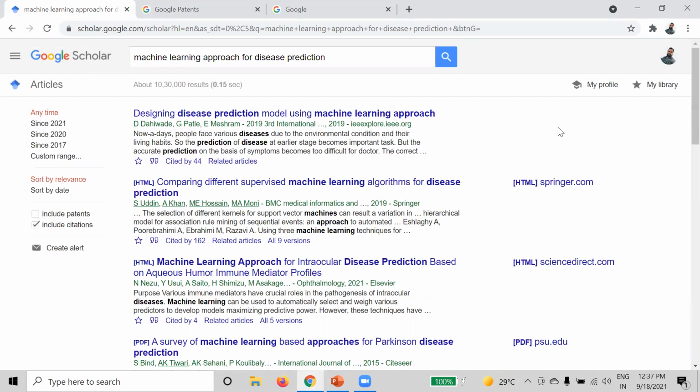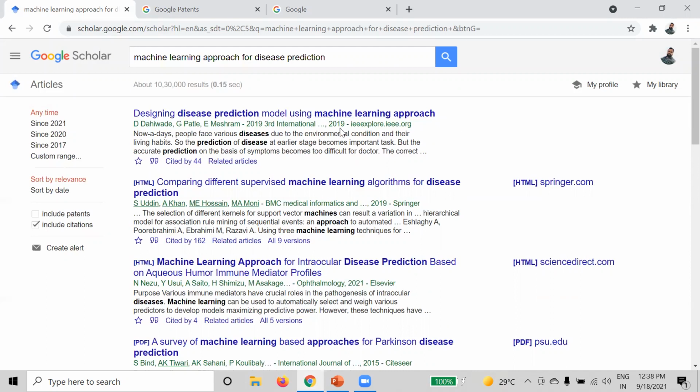We need to find the latest papers, up to a maximum of 3 years back, because if you are finding papers from 2010, 2019 or 2000, then there is a research gap. That research gap should be a maximum of 3 years. Within these 3 years, how many authors have proposed a similar kind of work? From there we will get the idea.